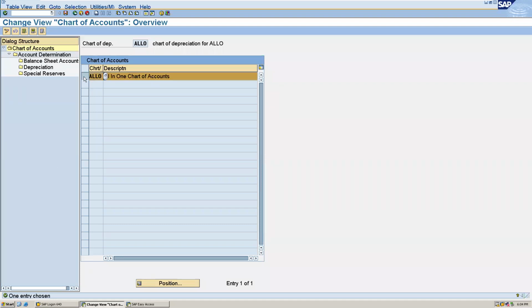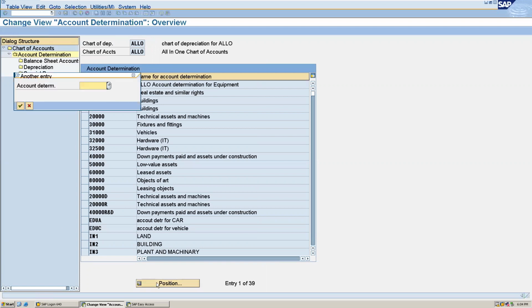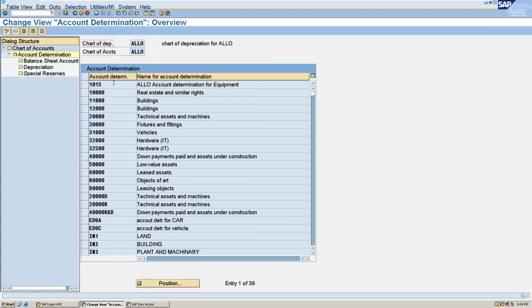Select your chart of accounts. Give account determination. From the select your account determination, I have given 1015. Okay, this is the one.